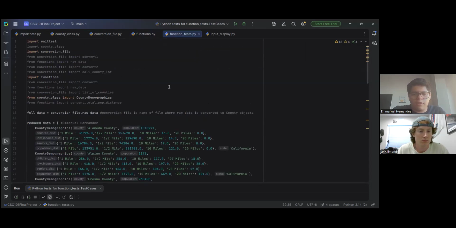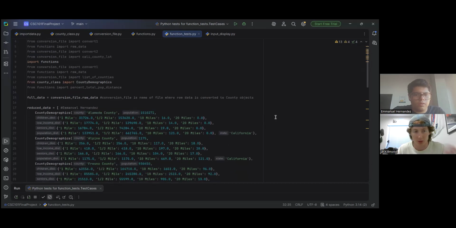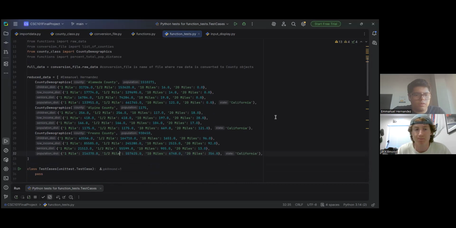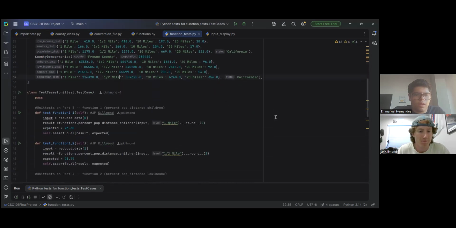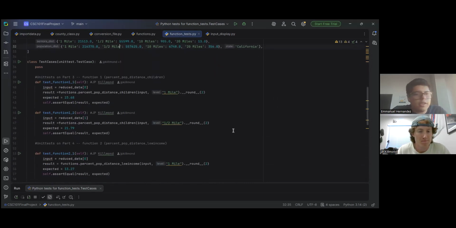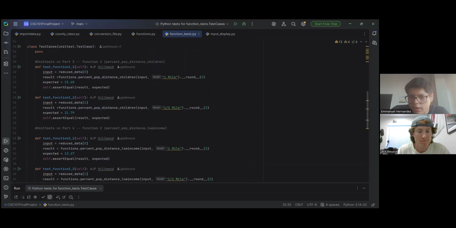And here's the function test. So we just tested these functions on basically a condensed version of our total data list. So instead of however many county demographics objects were in the entire data set, we just tested our functions on the reduced data list, which is just a couple counties. And here's the test. I could